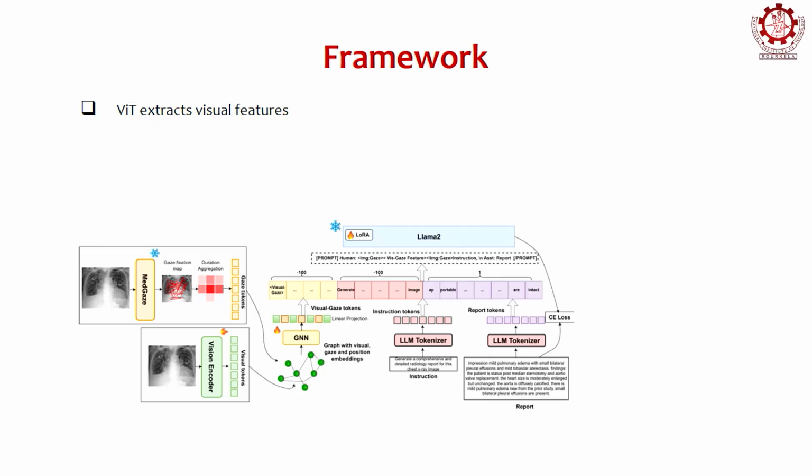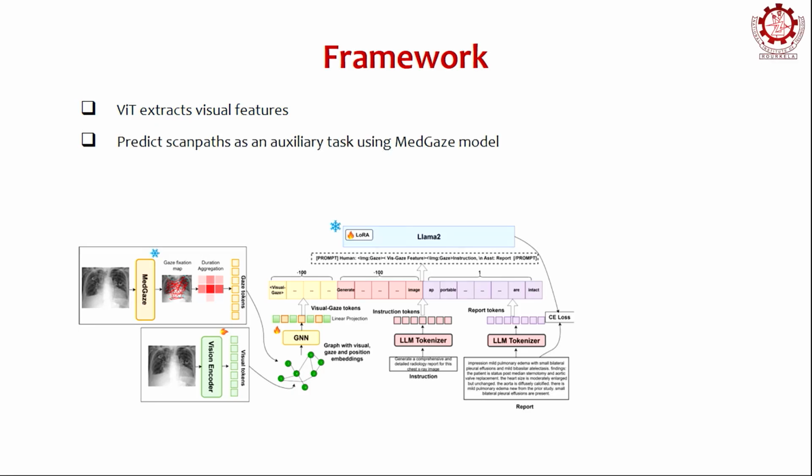Now, here's the framework. So we have a vision transformer which extracts the visual features. Then we have a scan path prediction module, which is an auxiliary task. So remember how we saw this scan path in one of our previous slides. So this is essentially where the radiologist focuses their attention while reading an image. So like I said,